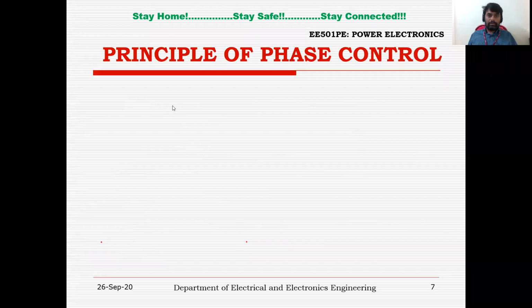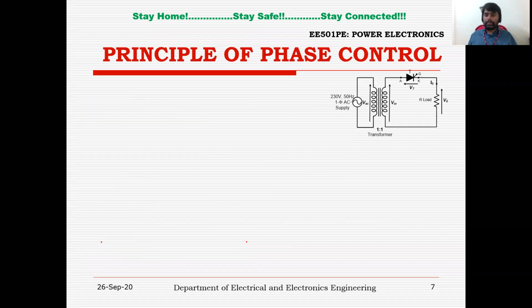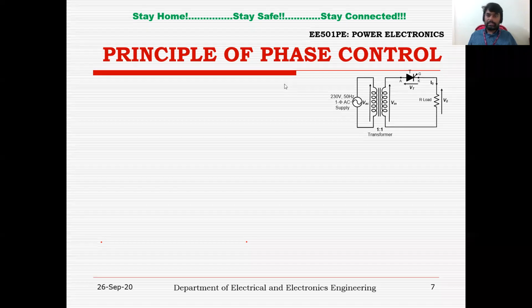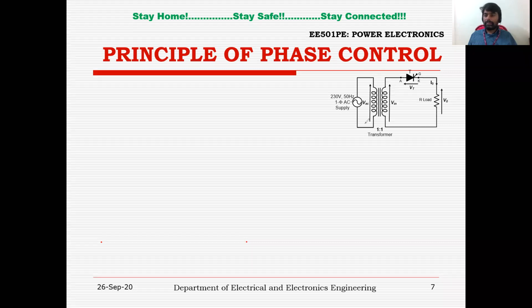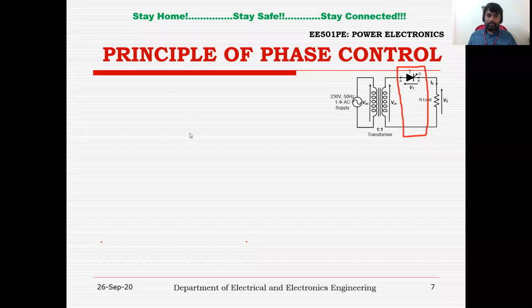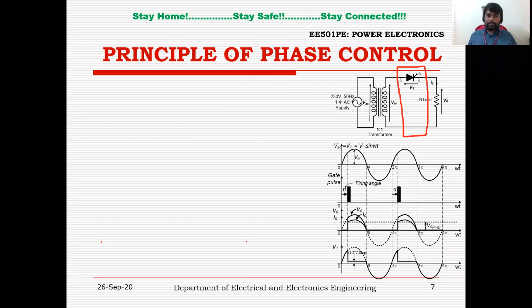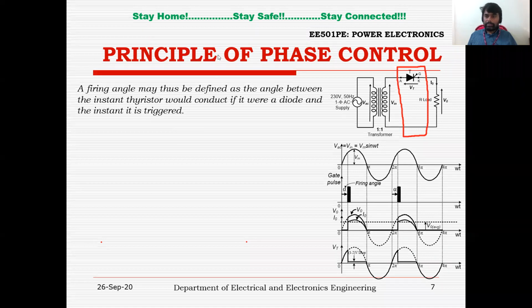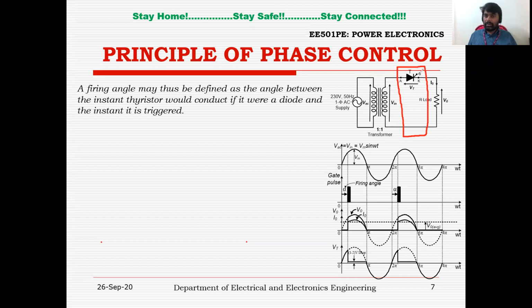Right. Now we move to what we mean by a phase control rectifier. To understand that, I have taken this as an example. You can see here, this is a single phase half wave rectifier. These are the expected waveforms for the single phase half wave rectifier. Now I have replaced the diode which you saw in the last PPT with the thyristor, which is a control device, you can say a semi-control device.